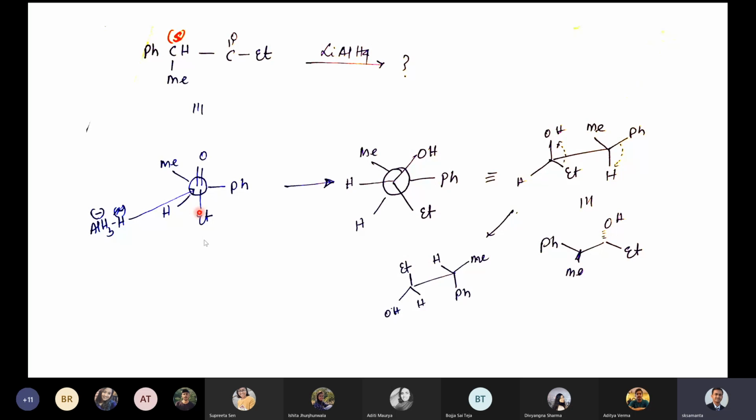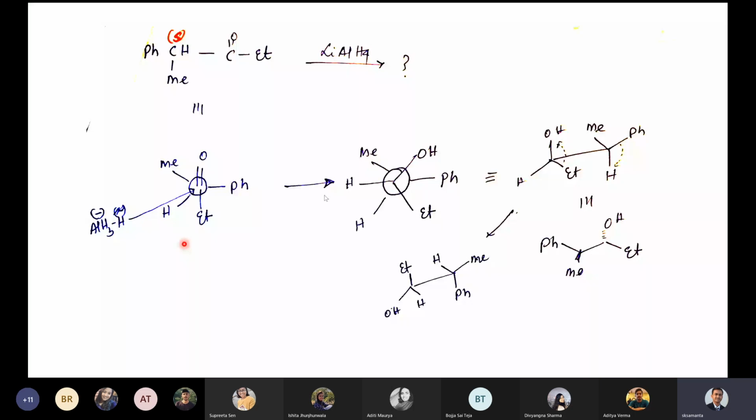And last time we used a Grignard reagent, this time we are using lithium aluminum hydride. So in this case the nucleophile is hydride, correct? Then in this case what you will get, the major attack will be from this way, and then you can rotate this one, Ph this side, methyl this side, hydrogen up, and this attack will be the minor product. So if it attacks from this side, OH comes to the right hand side, hydride will come here, ethyl is in the bottom, Ph, Me, H as it is.